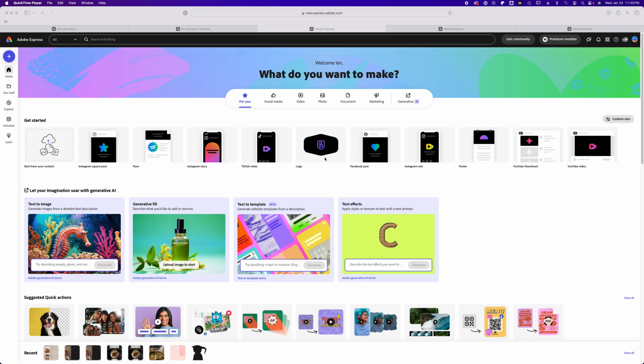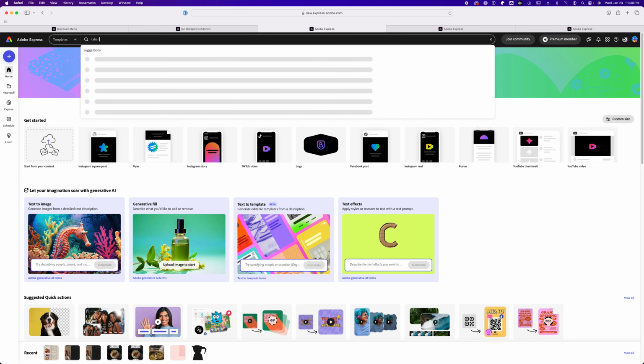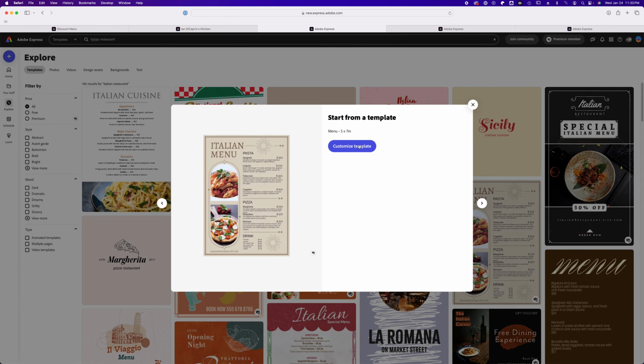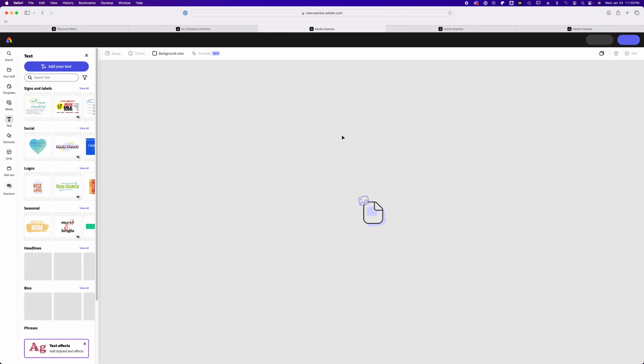And there we go. So we're gonna go to the next tab and go to a new blank screen. Up here on the top left, we're gonna click templates. We're gonna type in Italian restaurant. And we're gonna feature a menu on the third day so our customers can get a better sense of our product line. I like this menu here, so I'm going to click on this, press Customize Template,